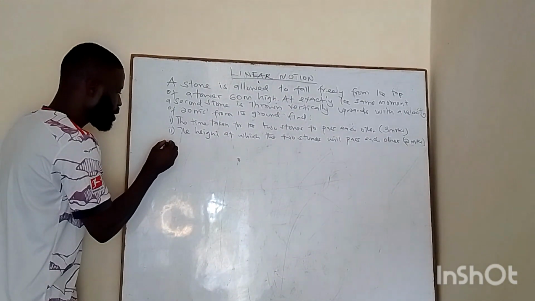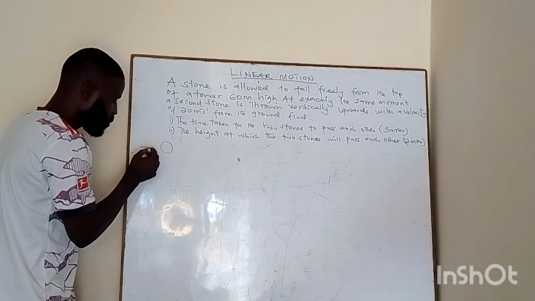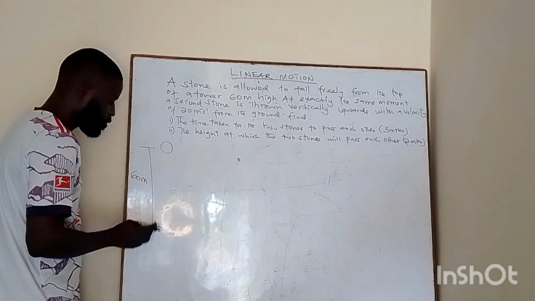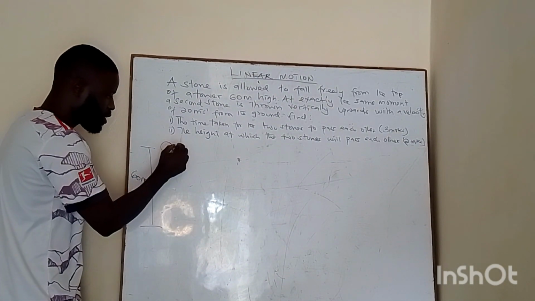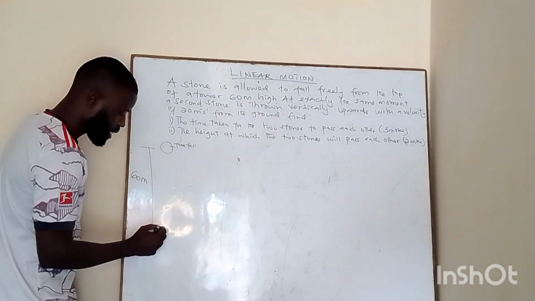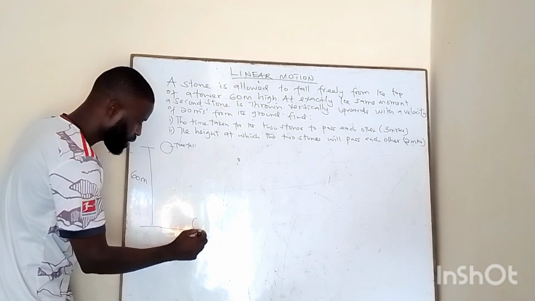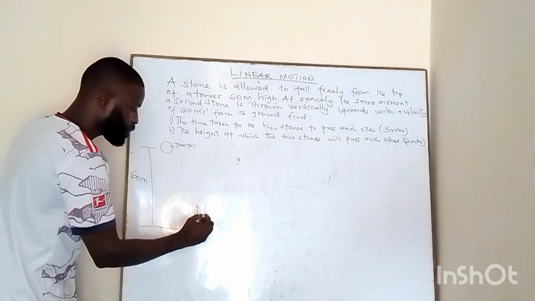So, this is my stone that is released from a height which is 60 meters from the ground. This is the point of release. This is a free fall. Then at exactly the same time, another stone is vertically projected upward with an initial velocity of